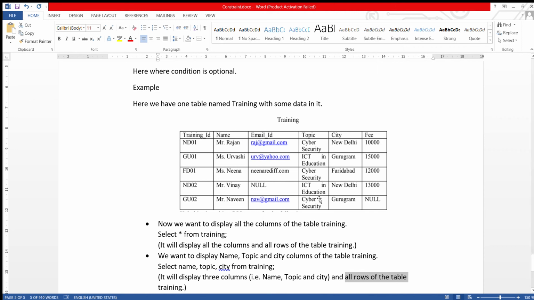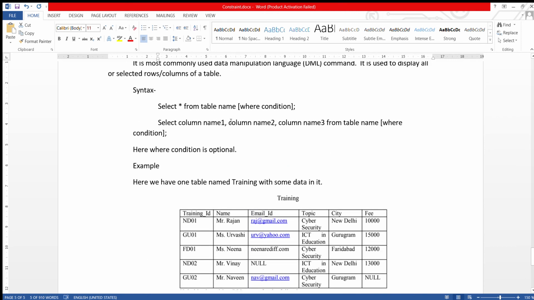Now we will discuss how to display selected rows. So just see the syntax once again. This one is optional, the where condition. Now this where condition is used for rows. If you want to display selected rows, then use the where condition.